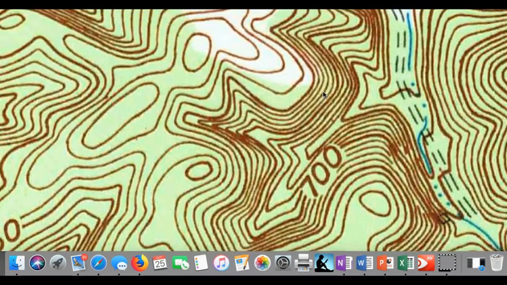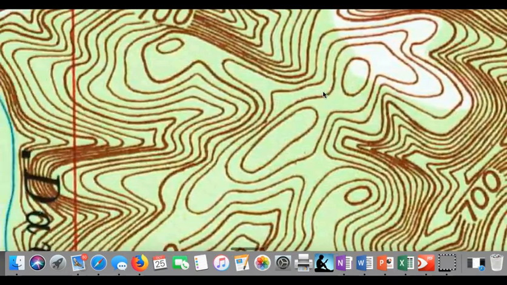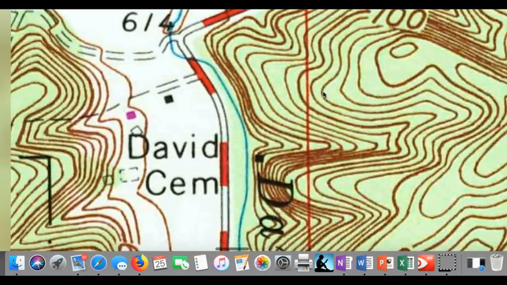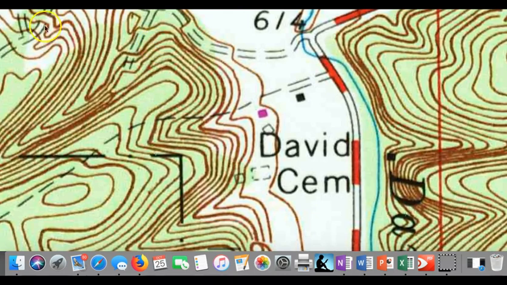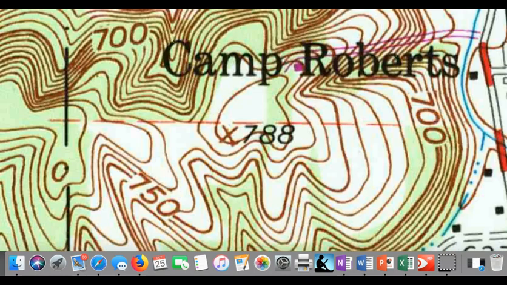Let's see if we can find a marked hilltop, one that's been surveyed. And here we have one. This X shows that this hill at that point is 788 feet above sea level. That's a really odd number, because almost everything on this map will be in tens. 700 here,